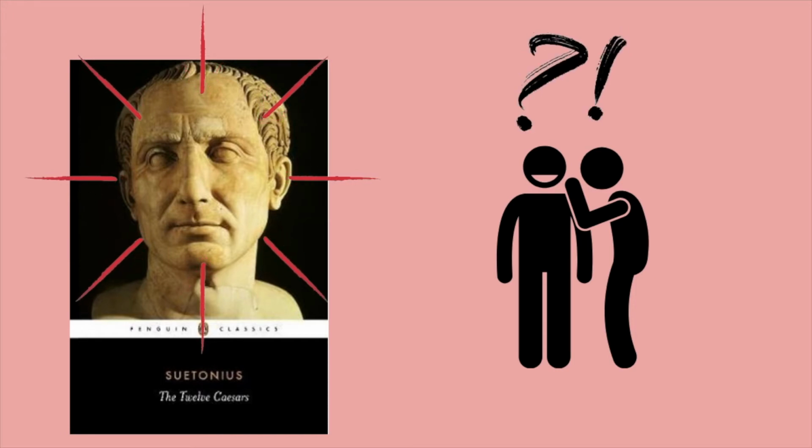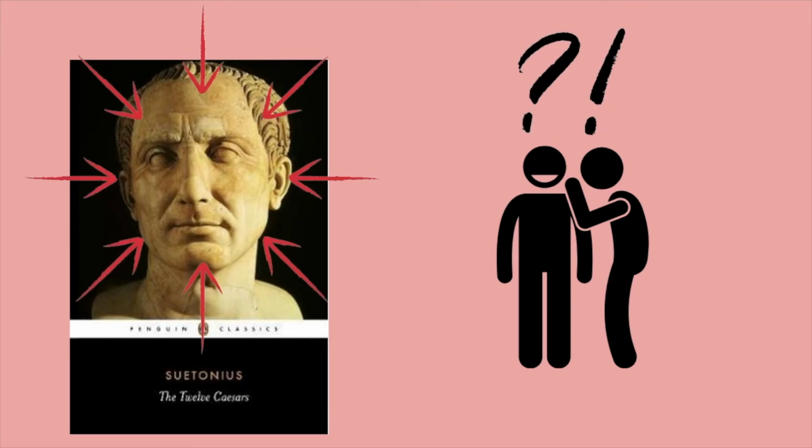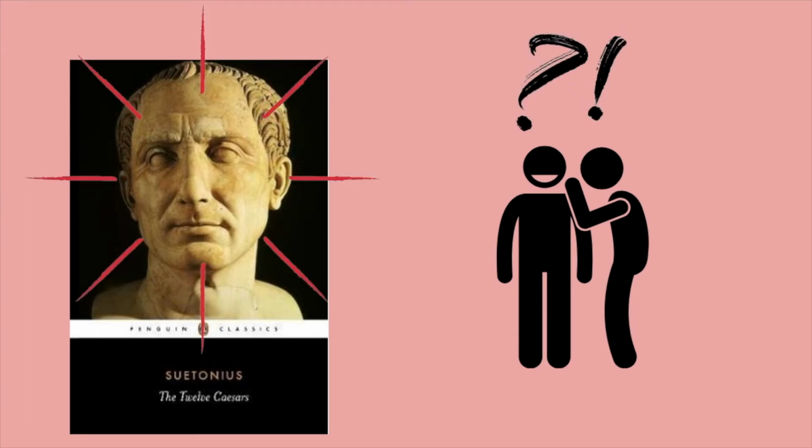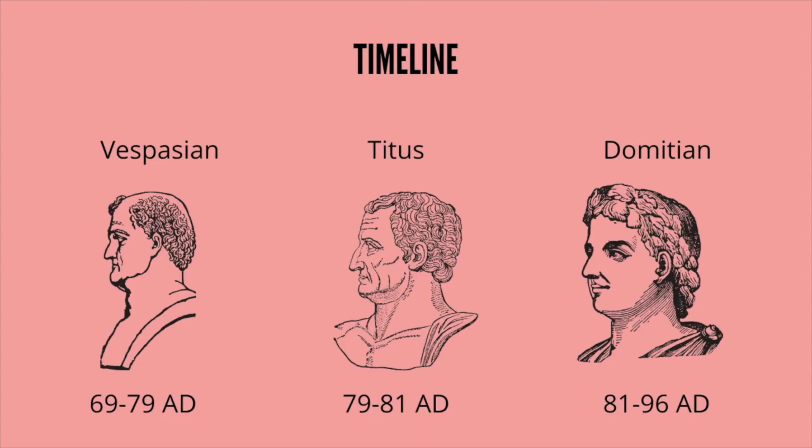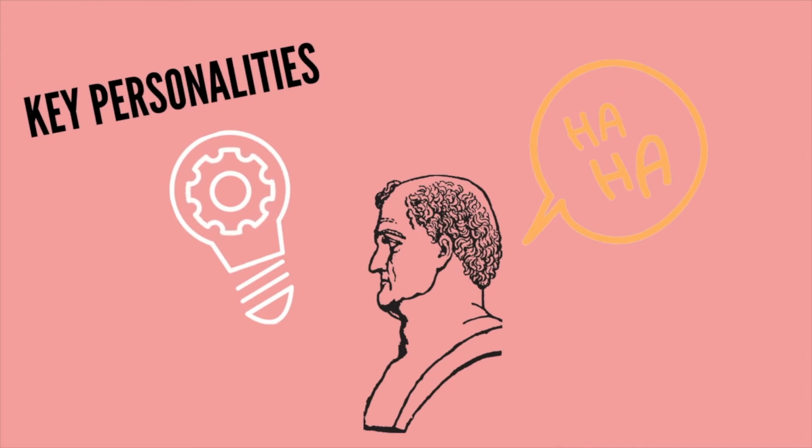The best way to get a handle on the 1st century emperors' personalities is to read Suetonius's biographies. Now, none of Suetonius should necessarily be taken at face value. He was more interested in reproducing tittle-tattle than preserving the truth, but he did try to capture an image of each of the emperors he writes about and to give the reader some insight into their respective personalities. Vespasian, as the first Flavian emperor, is really the key personality in this period. And if Suetonius is to be believed, he was indeed quite a character.